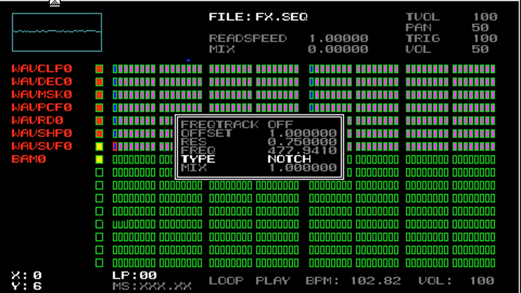So what I'm going to do now is go back to the bandpass filter, and raise the resonance up so you can hear what it sounds like when that gets close to 1. The closer you get to 1, you can hear that more and more of the frequency at the freq value is being passed, and all the other frequencies are being ignored. So now we're just playing this kind of pitchy, noisy signal of 477 Hertz, and if I bring the frequency down,